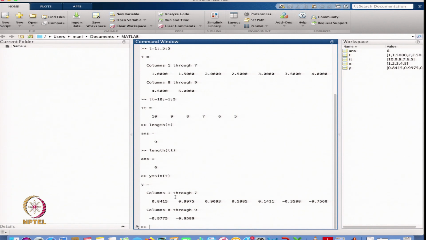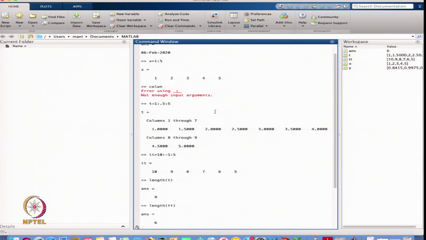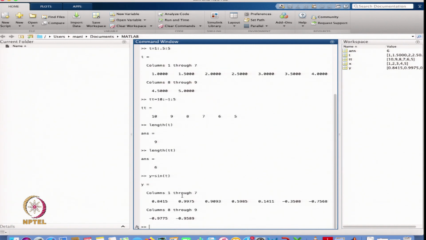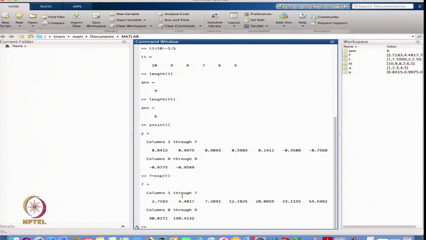So that is the value of the function sin t given on the t mesh, starting from 1 with subinterval length 0.5 and going up to 5. This is the function y = sin t. I can also define another function f = exp(t), the exponential function.